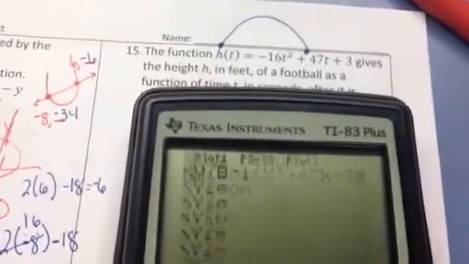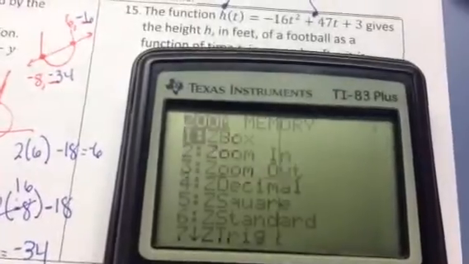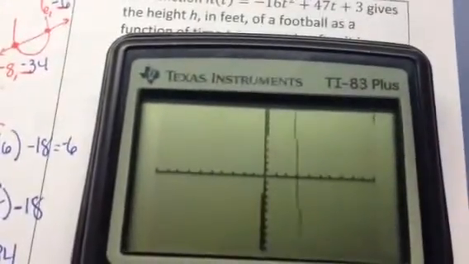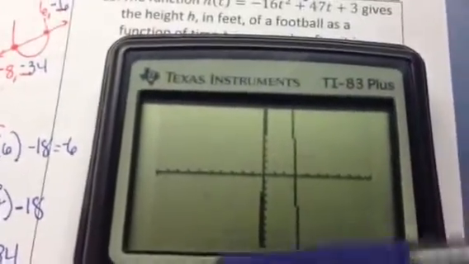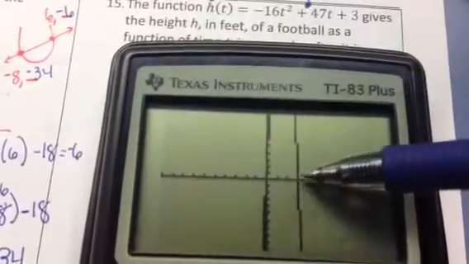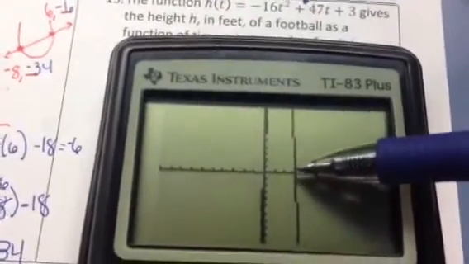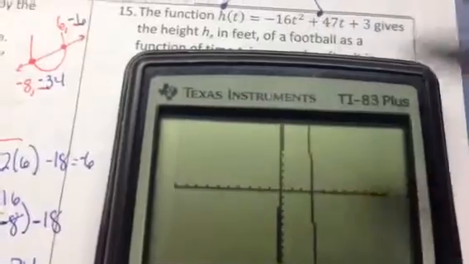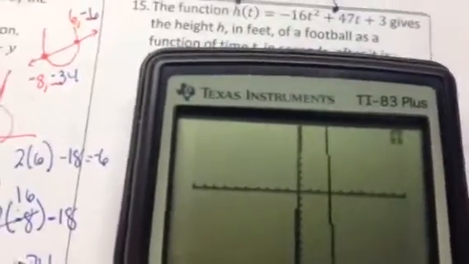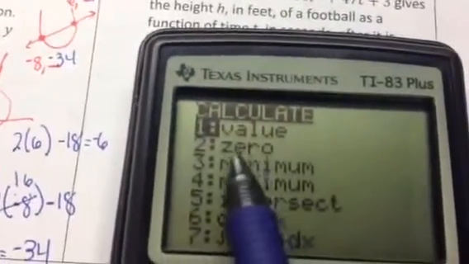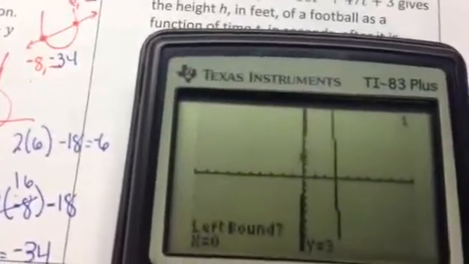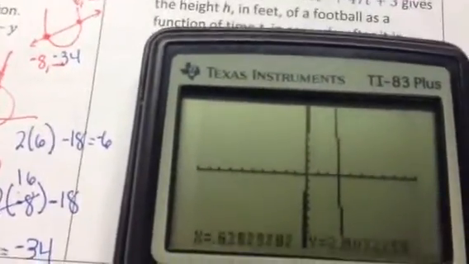And then I'm going to hit zoom 6 for a standard window. And it's going up and then coming back down, so it's hitting the x-axis here. Now that looks like 3, and it's a 0, but if you're not sure, remember, use second trace to go to the calc option. We're going to go for 0, number 2, and I just need to trap this,